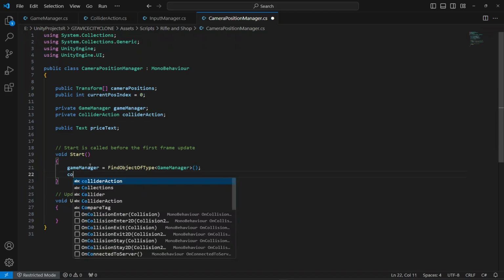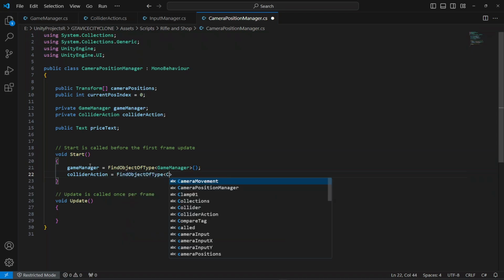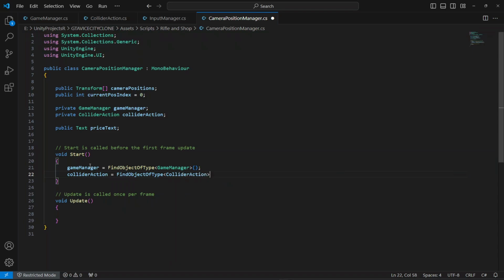then set the reference for the collider action as well. So find object of type collider action. Okay,